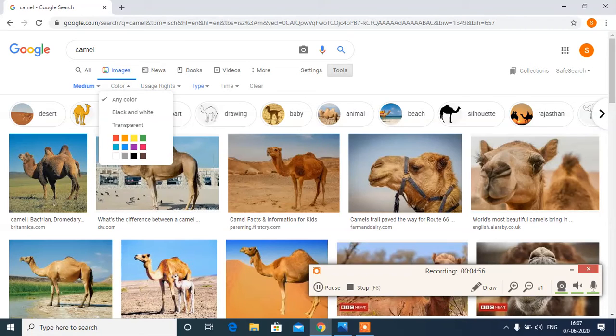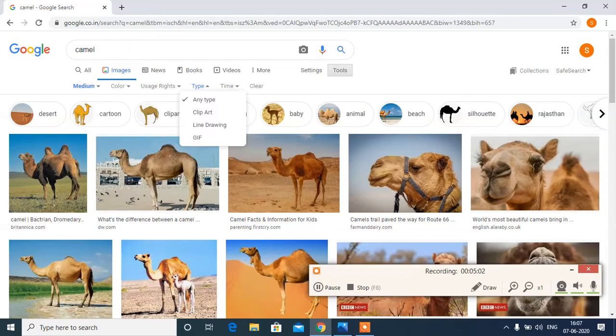Then next is type. There are many types of images: clip art, line drawing, and GIF. Clip art images are useful for flashcards, small size teaching aids.